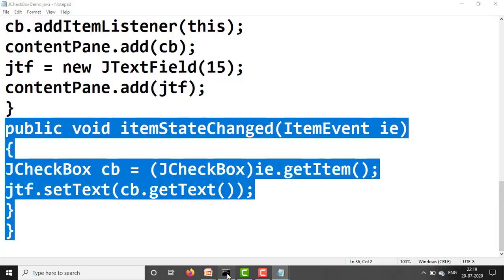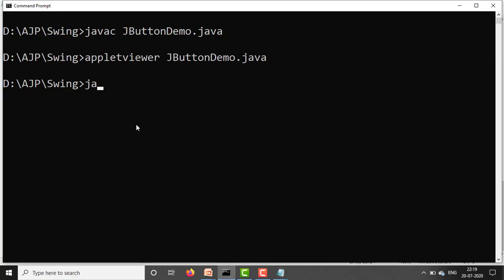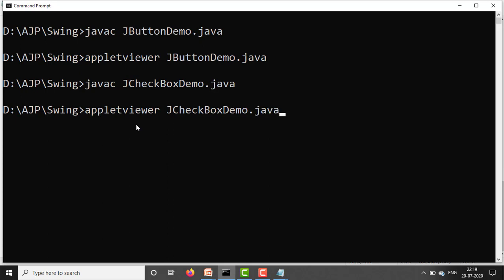See the output for this: javac JCheckBoxDemo.java, compilation is okay, appletviewer JCheckBoxDemo.java.